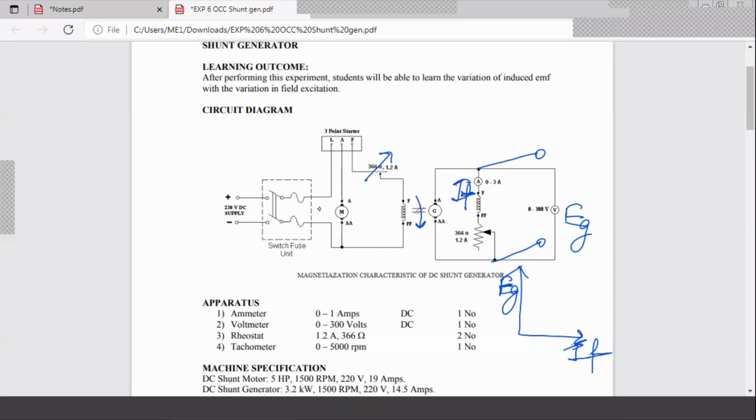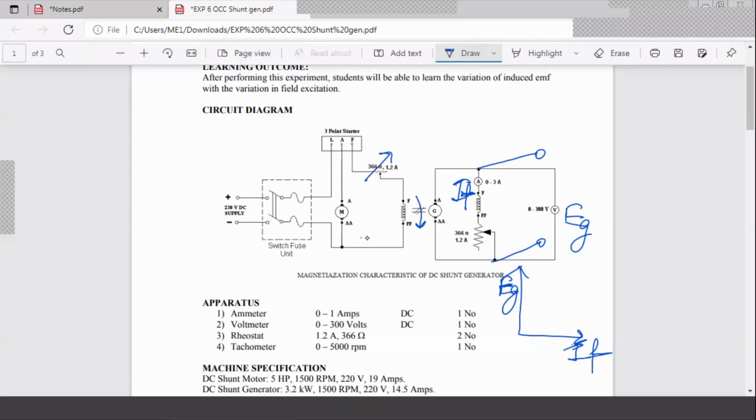This machine is also on the left hand side, the motor is also connected in a shunt fashion, where FF with the variable rheostat is connected parallel to A dash, the armature, and the supply to that is given here from a DC source, so plus and minus 230 volt DC source with the help of a switch and fuse unit. So we connect this with the help of this switch. Current flows through this. Now the field current will start flowing like this because of this voltage coming across it. There will be some field current and there will be some armature current.